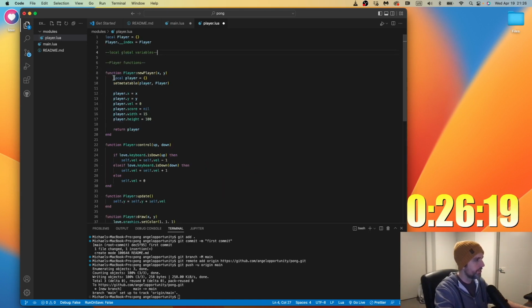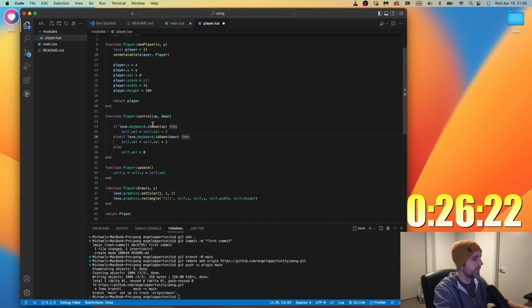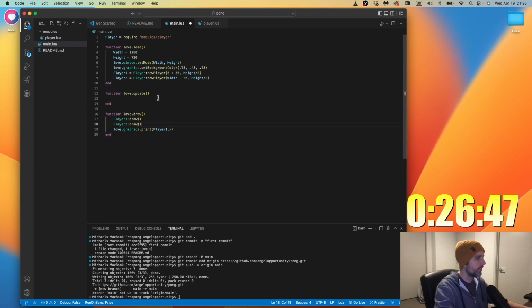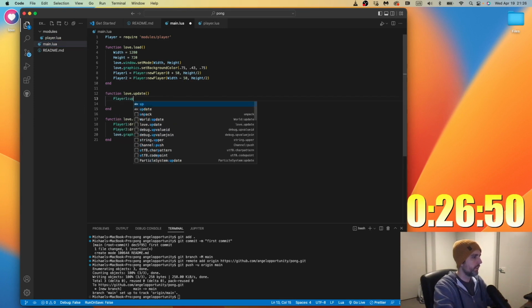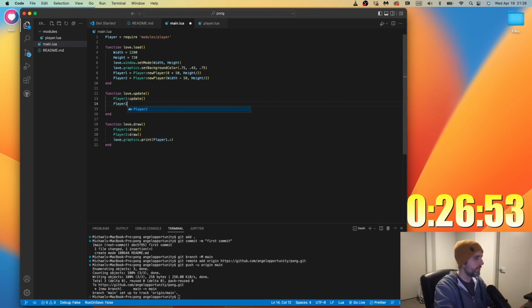Okay, so anyway, let me explain this. We have a velocity. I have this update function, which I need to remember to run. And it's always going to do the velocity. We only have one direction the paddle ever moves, so it's only ever going to be on the Y. That's why it's just the Y and not the X. Let's see if this works though. So we need to do player 1 update, player 2 update, and we'll just worry about player 1 right now.